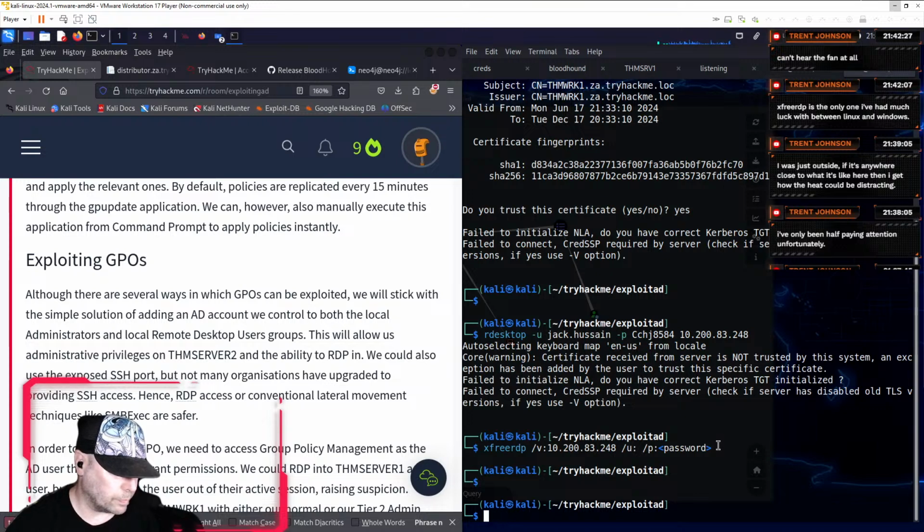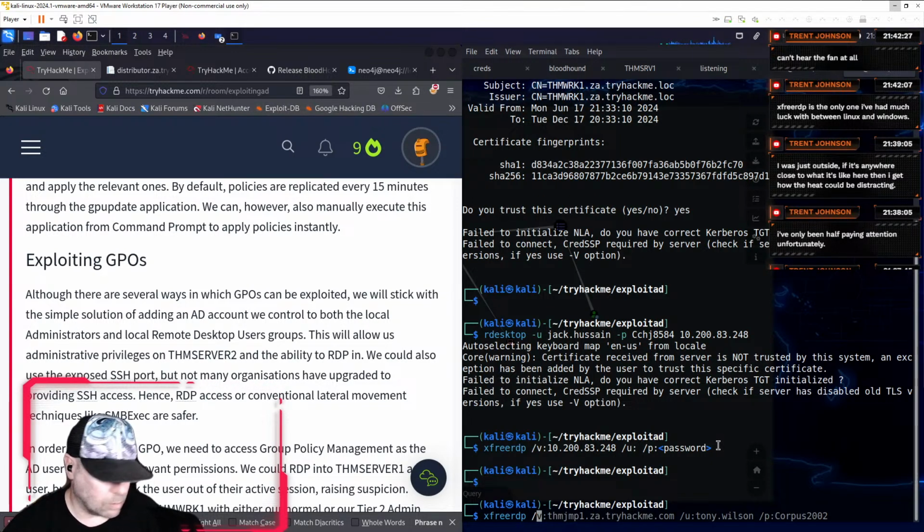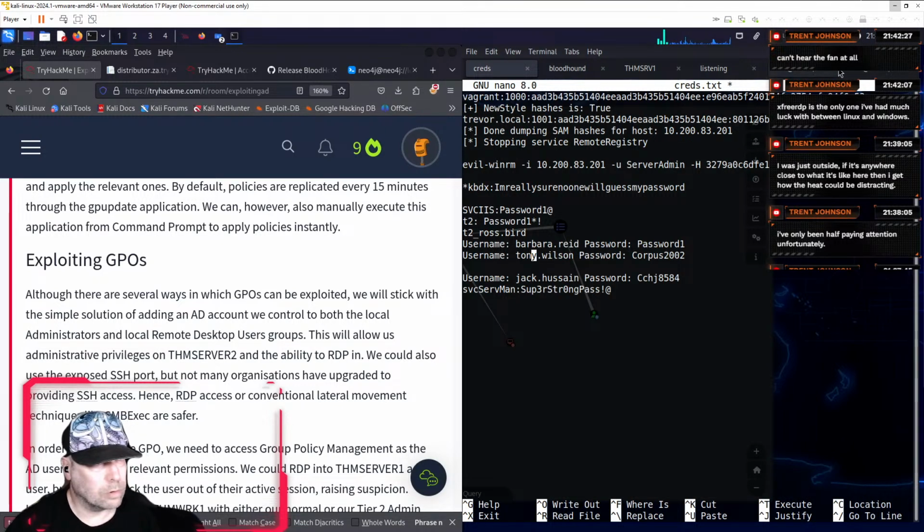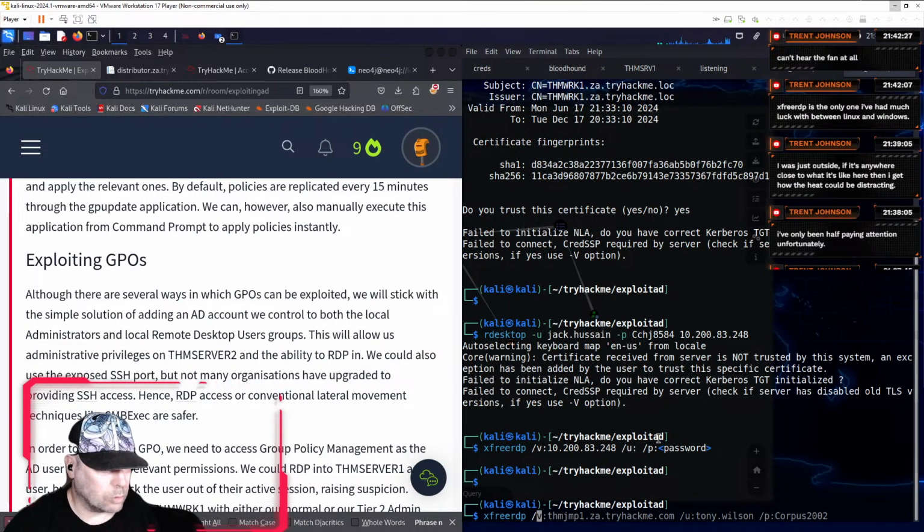Okay. Well, you can specify the domain. Interesting. Okay, so there was a Tony Wilson. He's not Toby, he's Tony. There's too many Tony/Tobys to keep track of. So that guy was Tony.